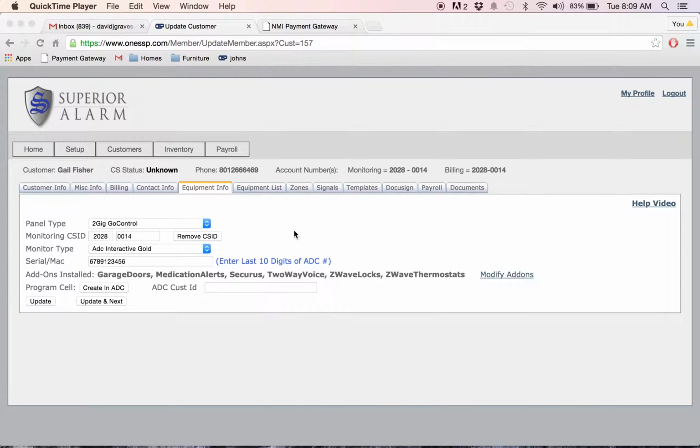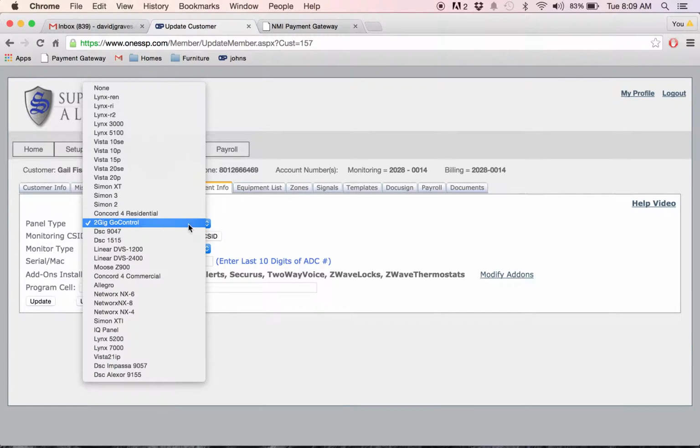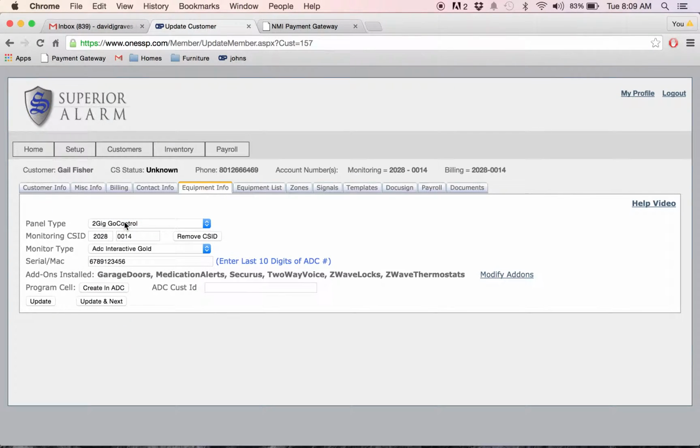Okay, now we're going to do a tutorial on the customer tab, sub-tab, equipment info. This is when things start to get really cool for our portal. So we're going to use this customer example here. Let's say that this customer has a 2 gig Go control panel. We just click the control panel that they have. We just made up a monitoring ID for this customer of